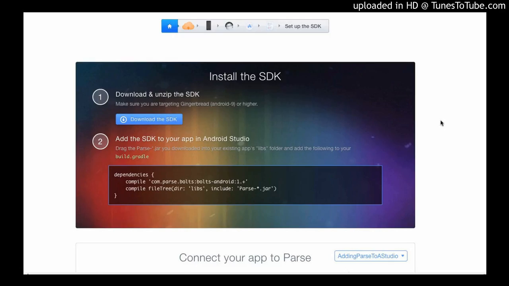Now, the first thing you want to do here is download the SDK, which I will do right now. And after the SDK is downloaded, unzip it. Alright, so once you unzip it, this is what you're looking for, the jar file. Head over to your Android Studio project,